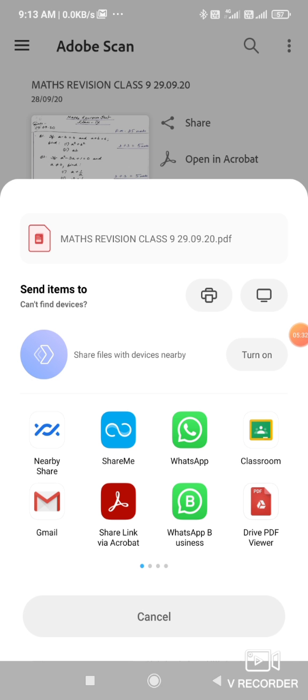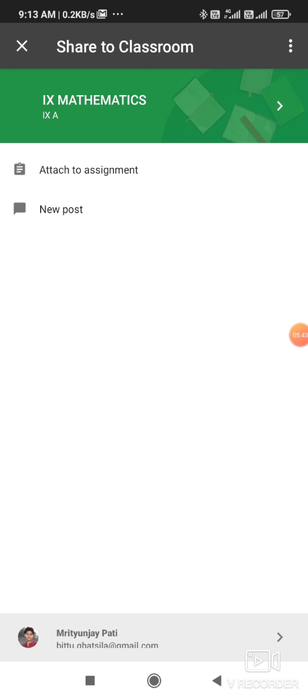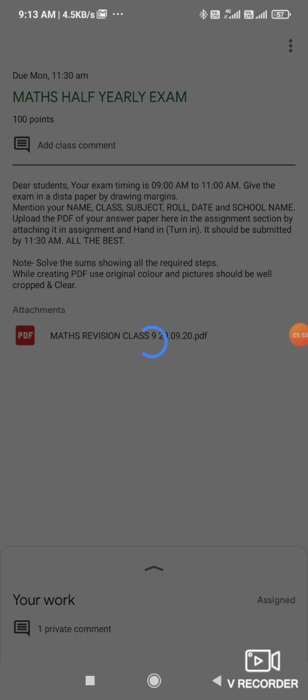Now if your concerned teacher is saying that you have to send the file in Google Classroom, how to send? See, Google Classroom is shown here. Click Google Classroom and you will see attach to assignment. It's mentioned here. Again it is mentioned maths half yearly exam. You tap there. Same thing will come.